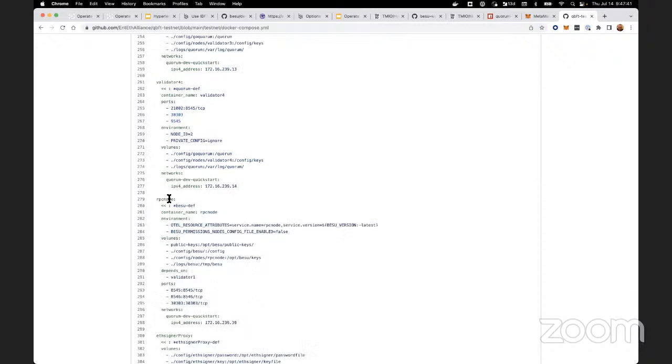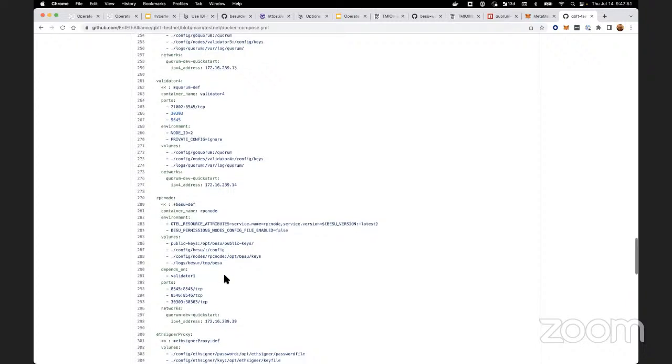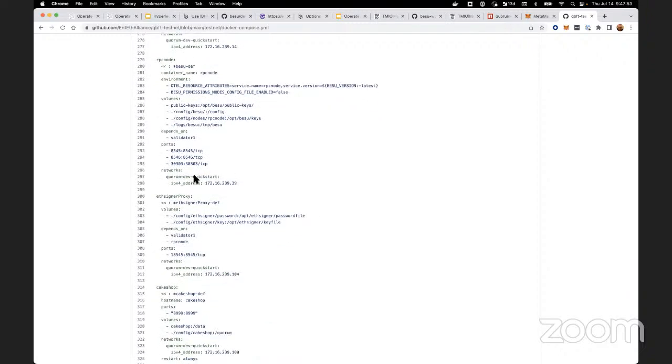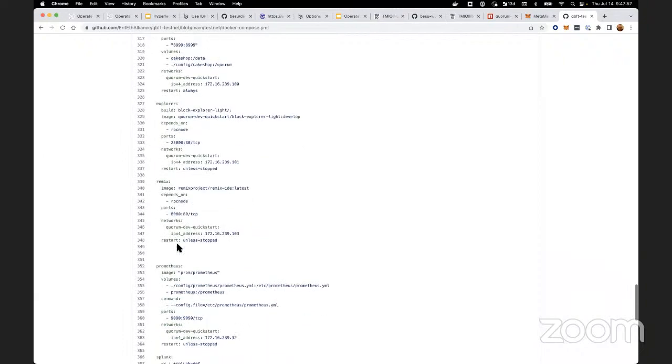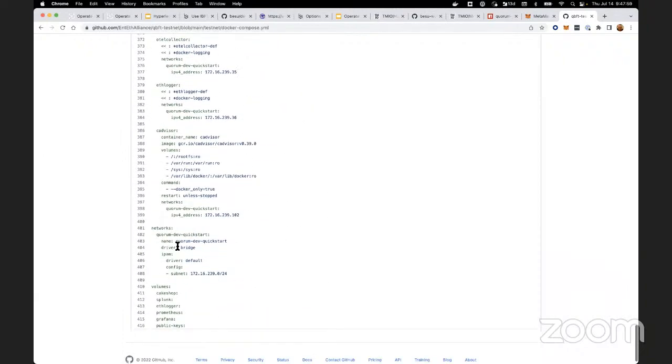On top of that, we have an RPC node, which is a separate deployment, which allows us to connect to it and send transactions. By default, you don't want to expose your consensus nodes to RPC traffic because it might get really noisy. And we have an eth signer proxy and other utilities such as Cakeshop, Explorer, Remix, Prometheus, Splunk,